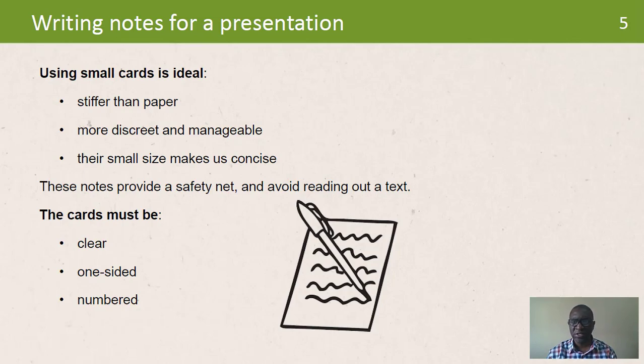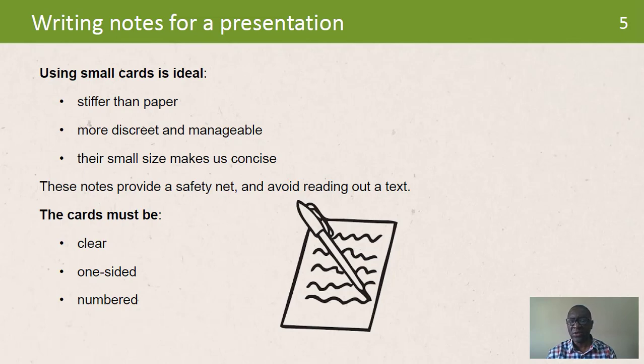Keywords and note sentences are preferred. These cards must be clear to allow for quick identification and to maintain contact and interaction with the audience. It's best to write your notes on one side only and number them clearly to avoid confusion. You could also add, for example, the timing for screening visual aids and for pauses. It is better to note the actual occasion when each point is discussed rather than duration in order to easily